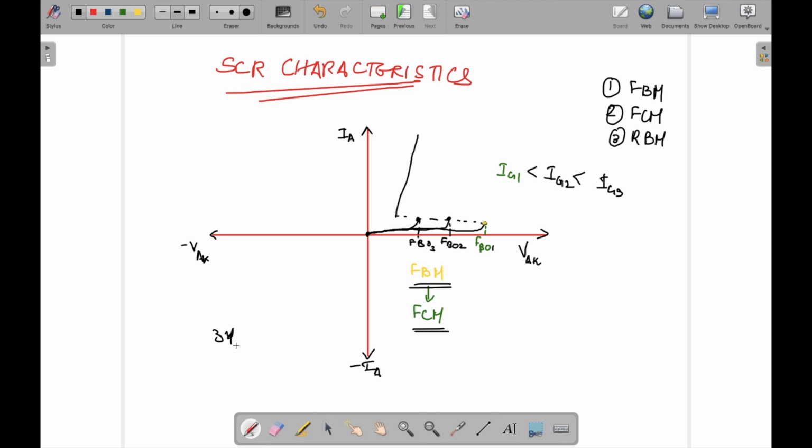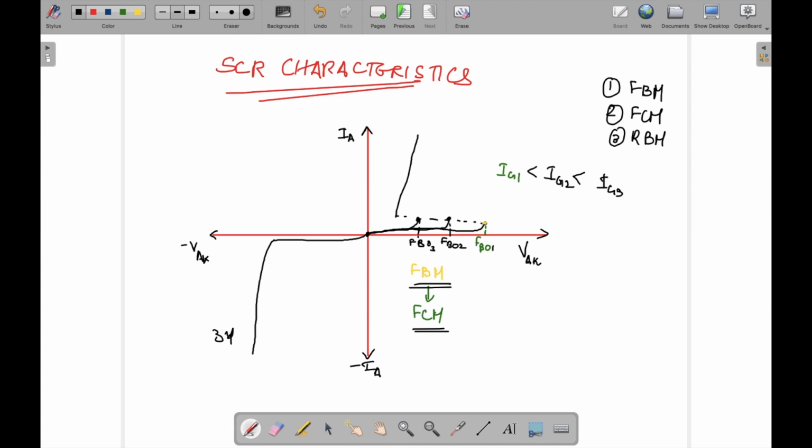But as I told you, in reverse bias condition, we have J1 and J3 reverse biased and J2 forward biased. So naturally there is more hindrance. If we study the characteristic, we can see that there will be a small current flowing, which is known as a leakage current, of course. And then after one particular point, there will be a sudden increase in the current. That is an exponential growth in current.